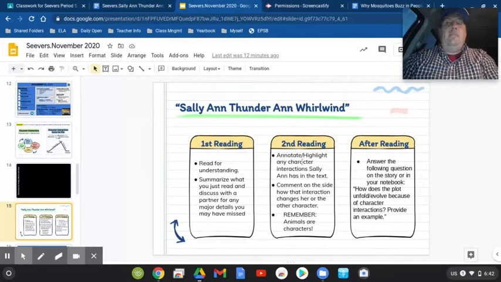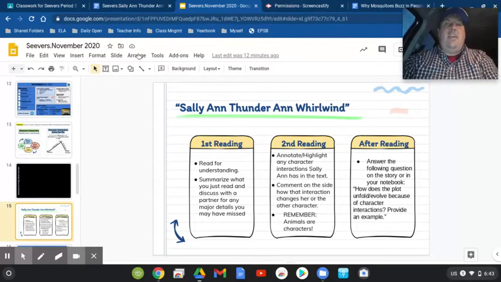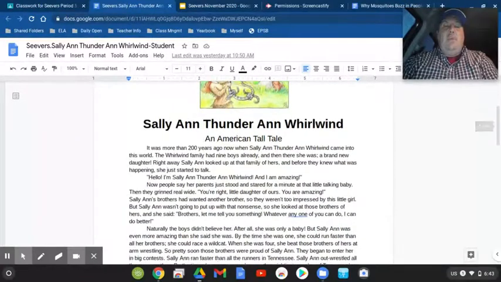The second time you read, you're now going to annotate or highlight any character interactions that Sally Ann Thunder Ann Whirlwind has throughout the story. Remember, animals are characters. So if she interacts with an animal, it still fits. All right. So make sure you're going to highlight anytime she interacts with a character. So for instance, if I'm reading this, one thing I'm going to say